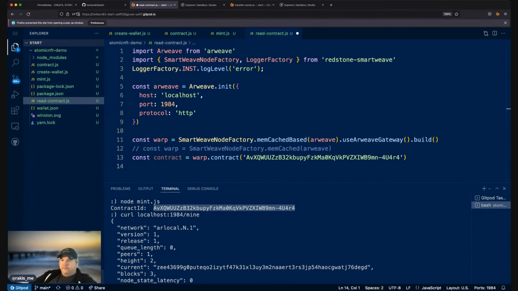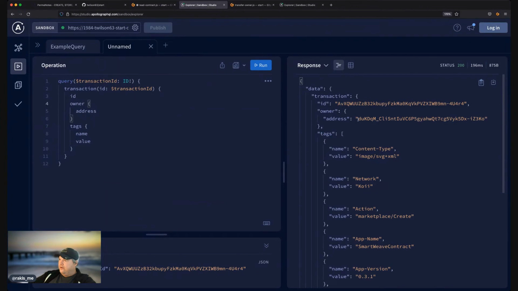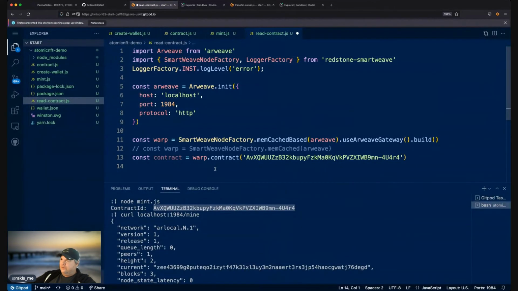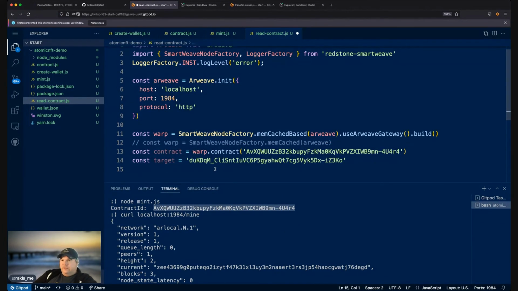And we want to find the balance of the owner. So we can use GraphQL here. We printed out our owner address, so we can make that our target. So we'll do target equals that wallet address, and then we're going to make our